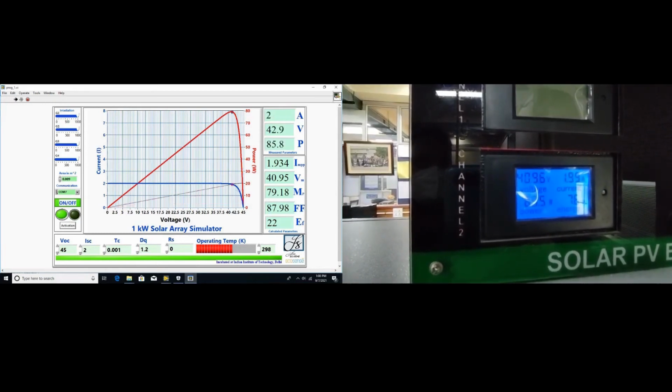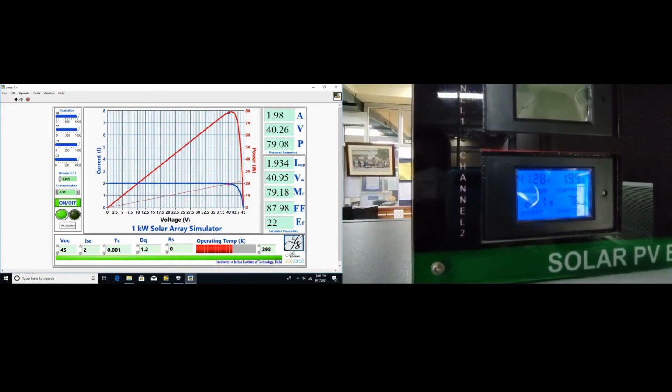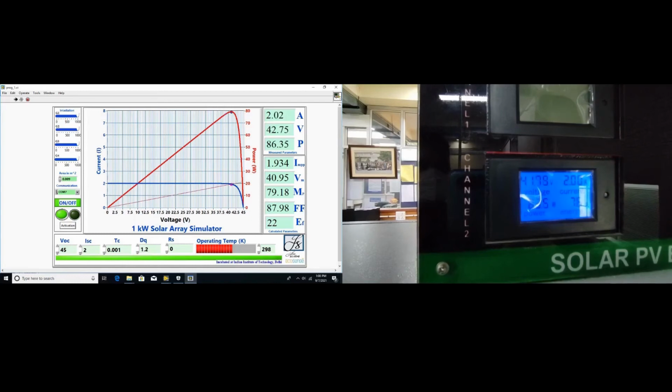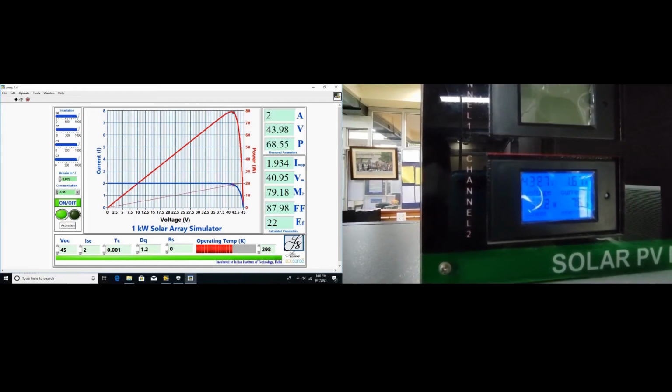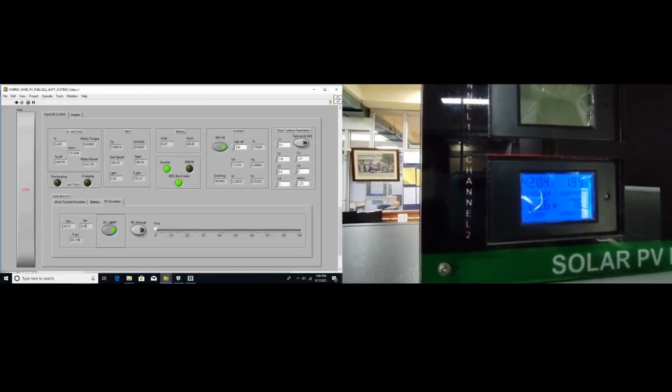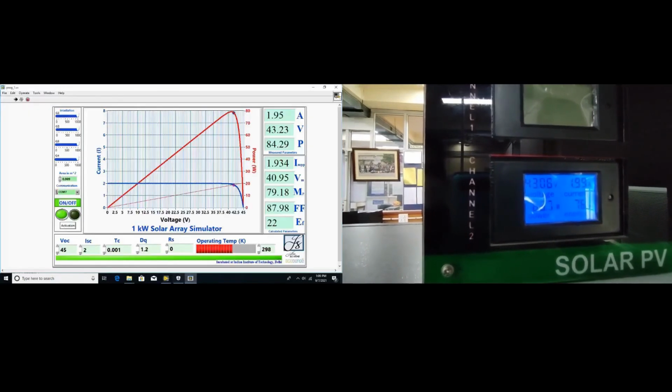Now it has reached the maximum peak. We can again see the values of voltage, current and power at the software end as well.